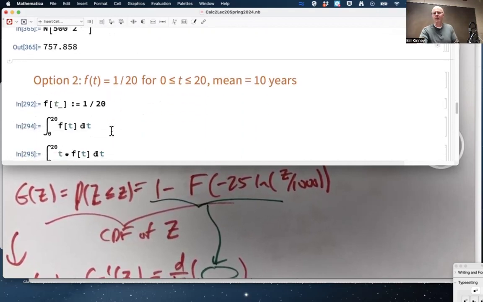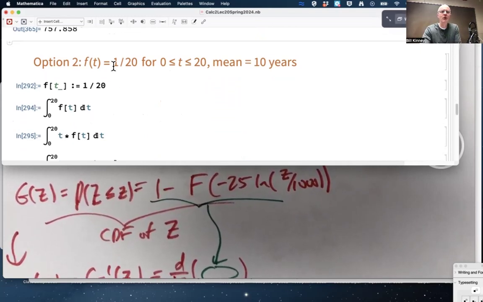I think we're only going to have time for one other option. We'll do option 3 next Wednesday. Option 2, for comparison's sake,